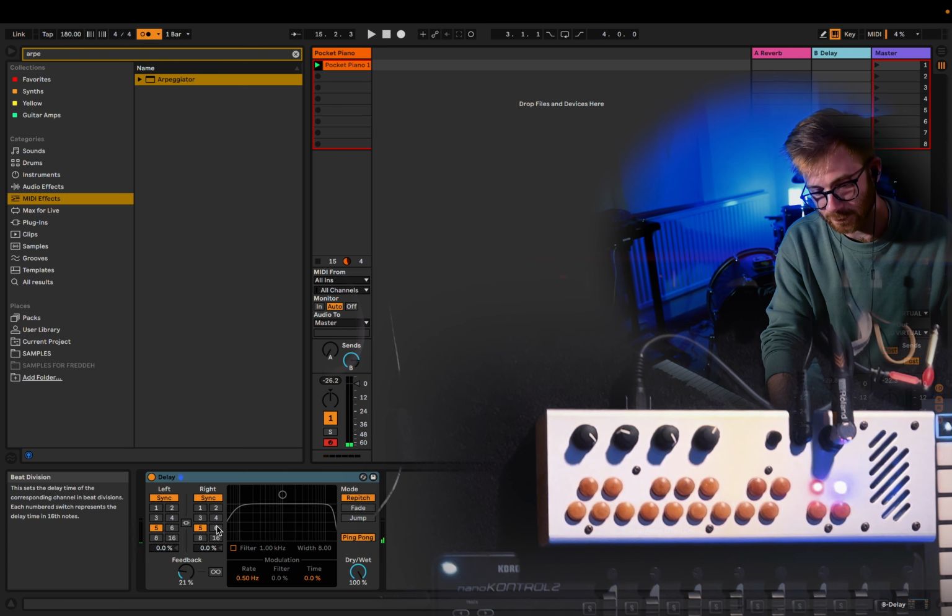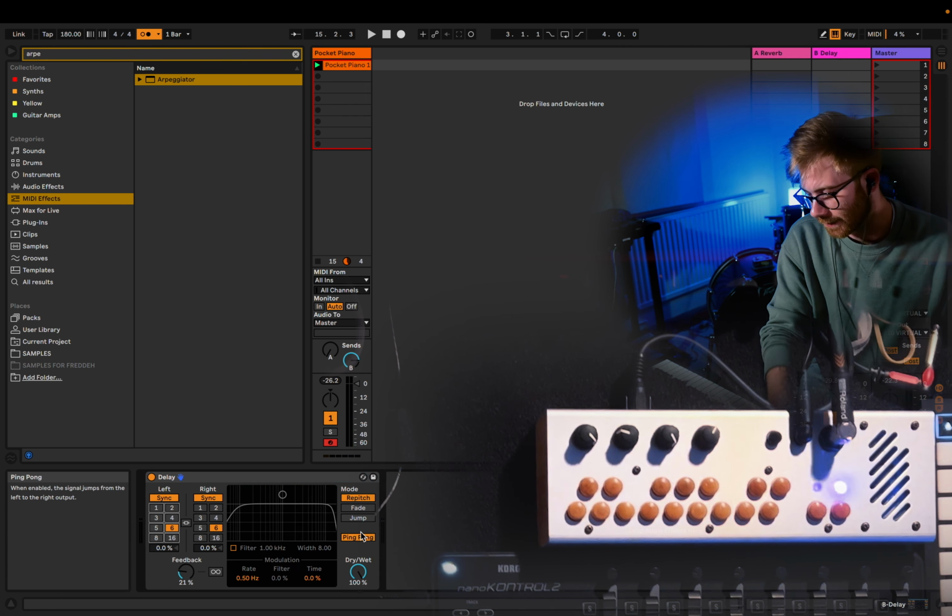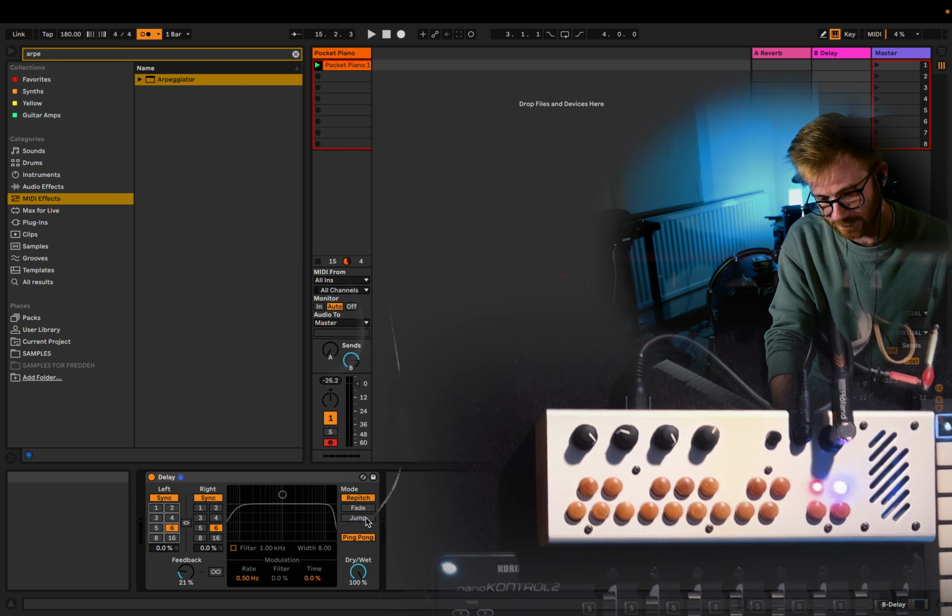So that's something I like to do quite a lot, using this delay and the Pocket Piano to create nice ambient synth looping textures like that. If I turn up the feedback